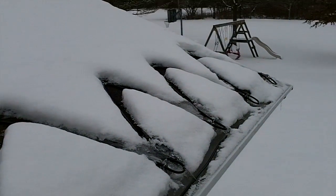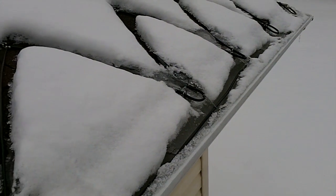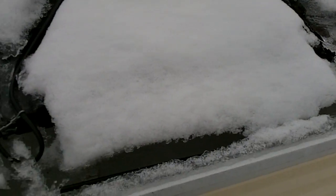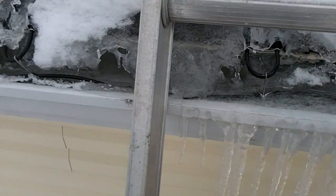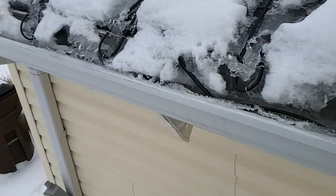Okay, we've had some snow, and I wanted to take a quick look at my experiment here with the heated gutter cables. It's working somewhat, and it's not working somewhat. So I just want to give a quick video here of what we got going on here. I think it's doing some pretty good job melting around here, but I still have got some ice dams up in here. I've had about 4 inches of snow, and it's starting to melt off now. But as you can see, I've still got some